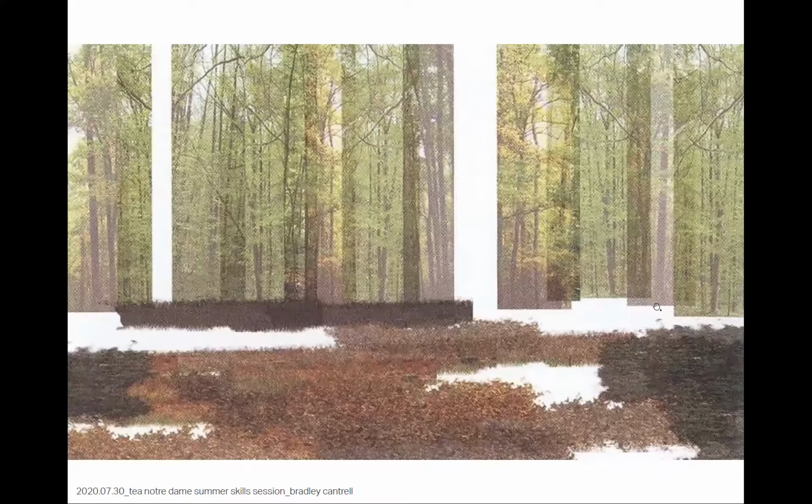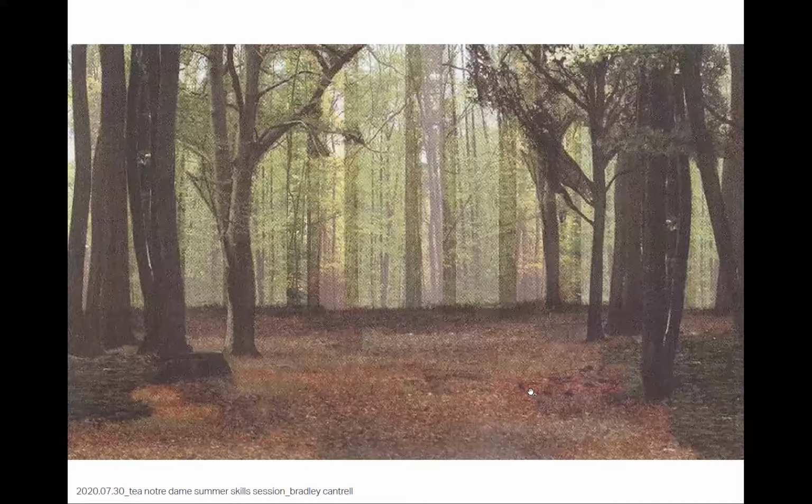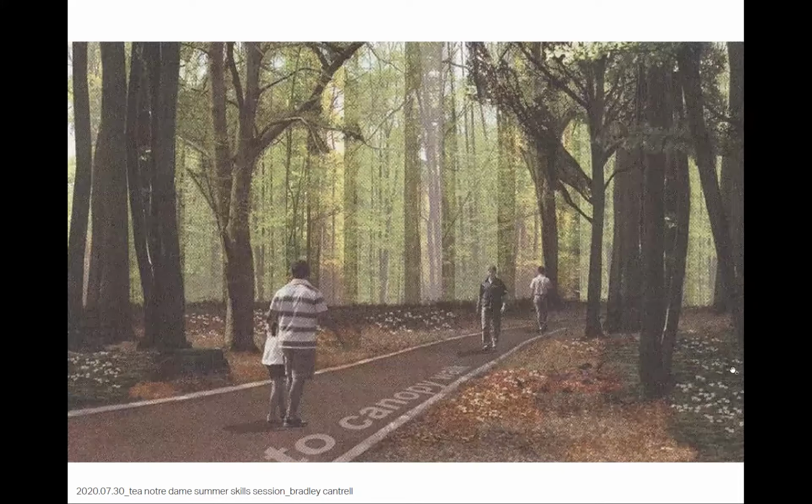So now we go into Photoshop, and here's where I'm going to break off from the presentation and dive under the hood of one of my own. But before we do that, I'll give you a basic idea of what Photoshop can do. We're taking the same image of the forest, running it through various lighting, giving it a texture, then bringing in these different leaves, and pretty soon you have a forest. Then you add in different components, you give it a path, you change that path's color, you add a couple people, and all of a sudden this is a place, this is a design. You can actually sell this.